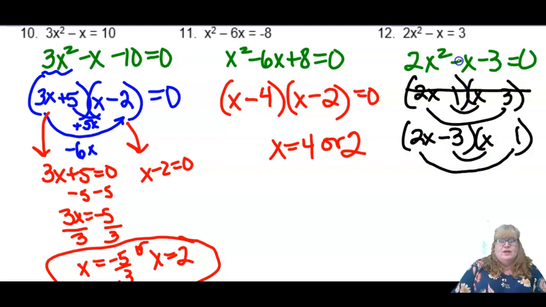If the 3 were negative, 2 times 1 is positive 2x. Then when I added those two together, I'd get the negative 1 in the middle. And negative 3 times 1 is negative 3. All right, so 2x minus 3 equals 0. If I add 3,